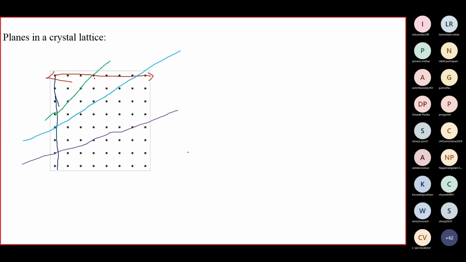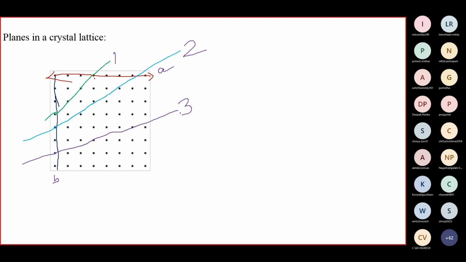Sir, but isn't all of this in the same plane itself? Yes, it's the same crystal structure. In the same crystal structure, we can choose different planes. The only thing is, this plane is along x, along vector A, this plane is along vector B, whereas this 1, 2, 3, these planes are combinations of vector A and B. Do you agree? Yes, sir.